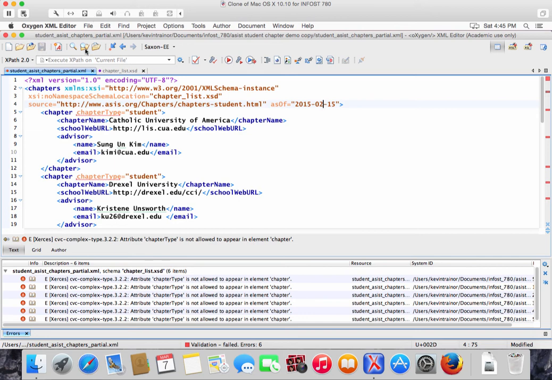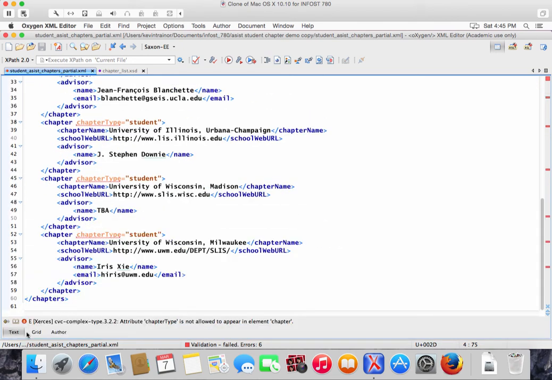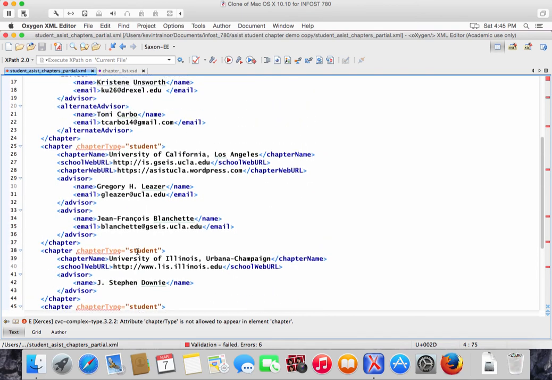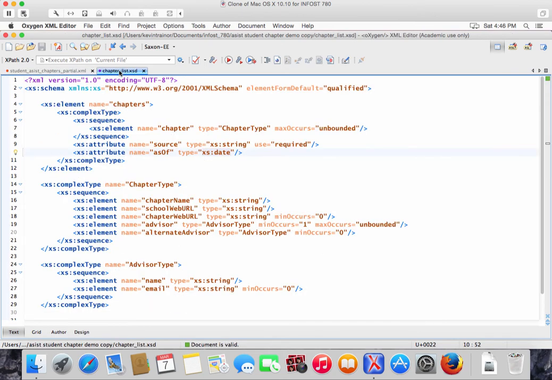Okay, so now we're down to just the chapter type. That's the only thing that's not currently validating. Let's get rid of the errors so we can see more of the document. Just the chapter types are not working. Okay, so let's add that. And we're going to do that in 2 stages too, okay? So the chapter type